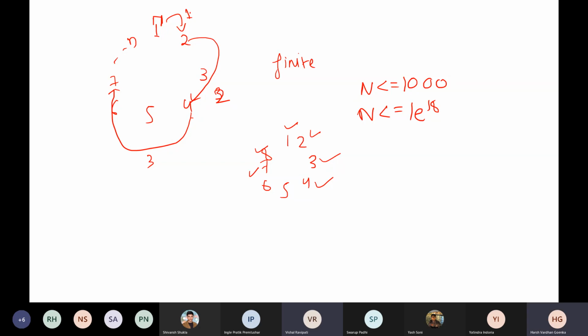Basically what I did was create a vector for 1000 numbers, and then run an iterator for a large number of operations, and check which number it reaches. If it reaches that number, I set the value in the array as 1. So if the array becomes all 1 after a large number of operations, then we can say yes, or else no. But then it was not a correct, exact solution.